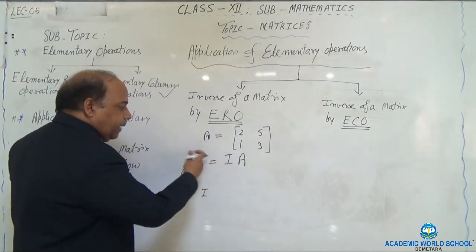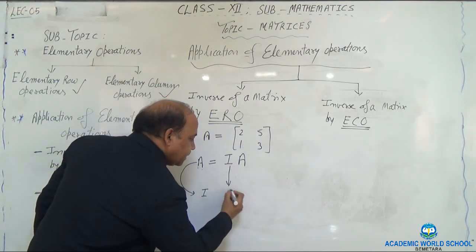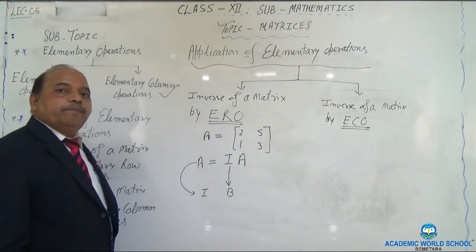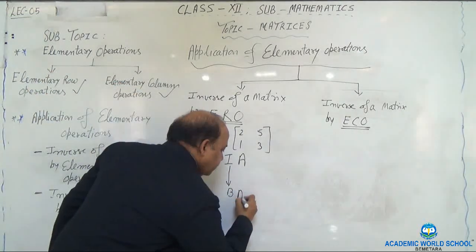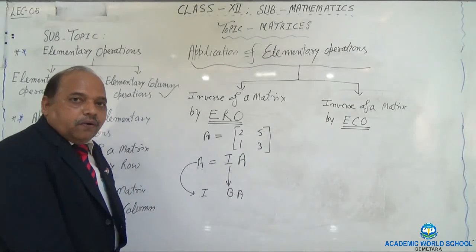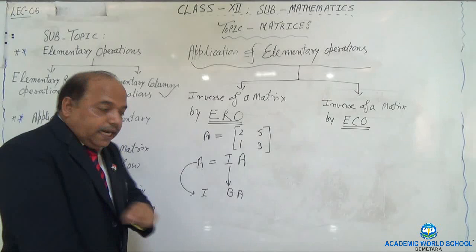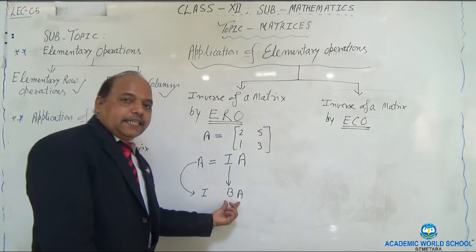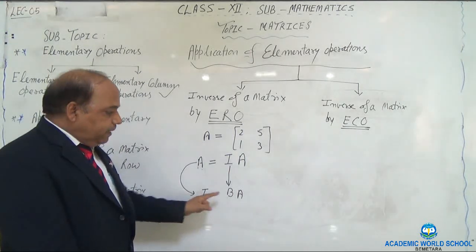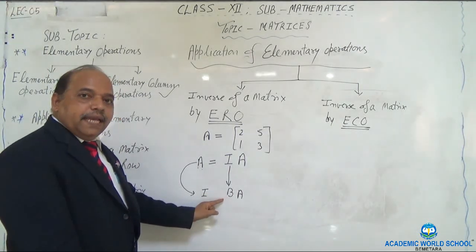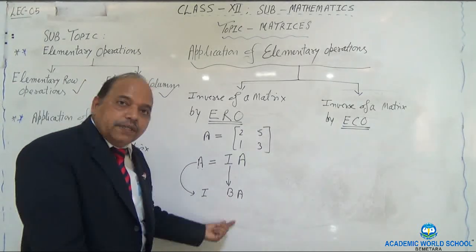Let's say after applying, as it converts into I, at that minute, let's say it gets converted into B. And as we said, we are not touching this one. It will remain as it is. Now, you learned invertible matrix. And over there you learned that if the product of two matrices becomes the identity matrix of the same order, then one of them is called the inverse of the other. This is the approach which we are going to follow.